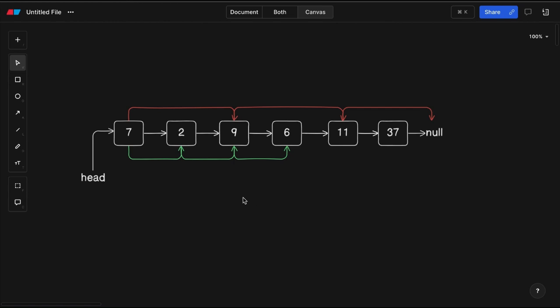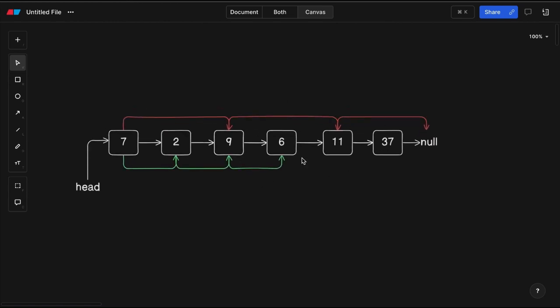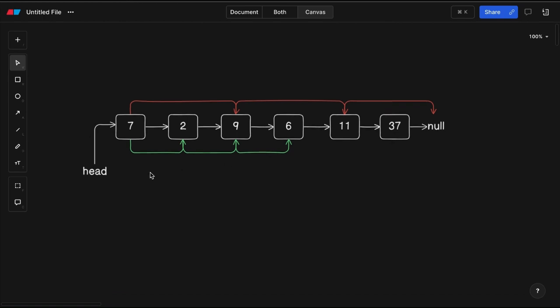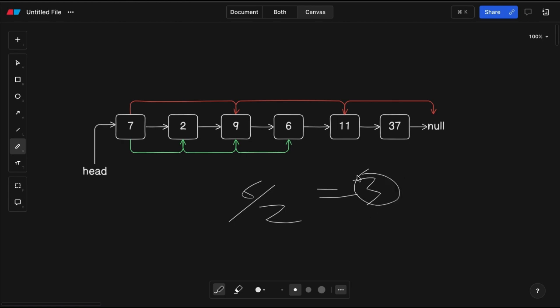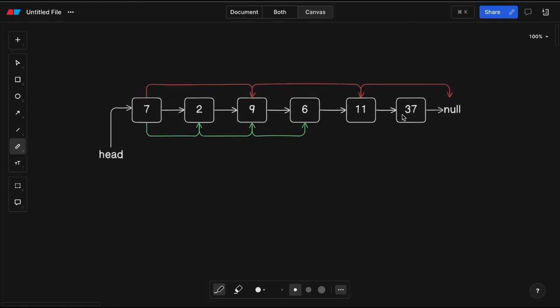There are many ways to find the middle node. The first thing is to find the middle node. One way would be to traverse the whole linked list and get the half length. Like if we have 6 nodes and we divide it by 2, that would be 3. So we again traverse until we reach 3. This is one method, but it is not very efficient, as you are traversing